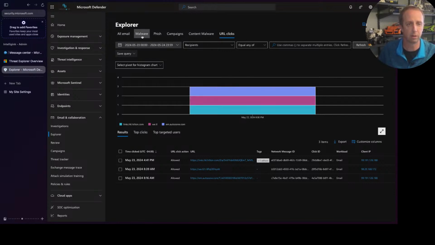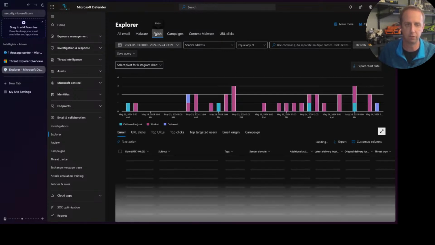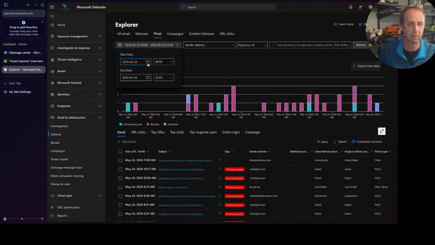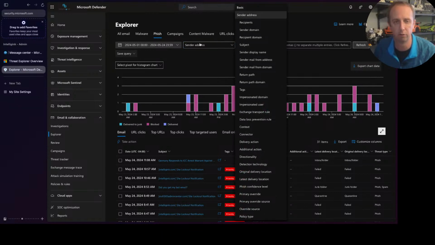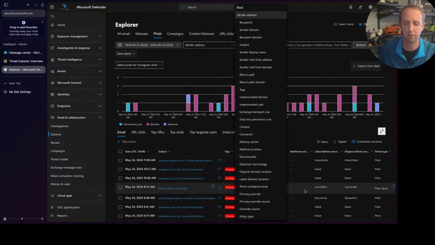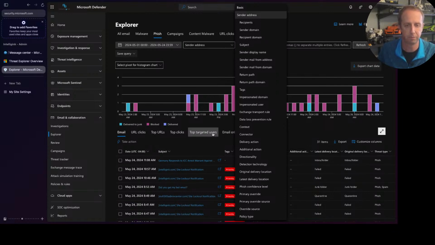So a couple other things. Let's go back and look at our phishing emails. You notice I did change the date up here. You can classify these by date, but you can also do a lot more. You can look for phishing emails that came from a certain sender domain, sender address, certain return paths, what the delivery action was. This gives you a lot of ability to really sort through all of these emails